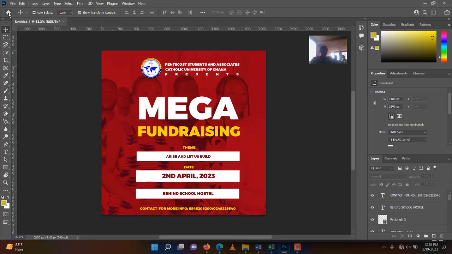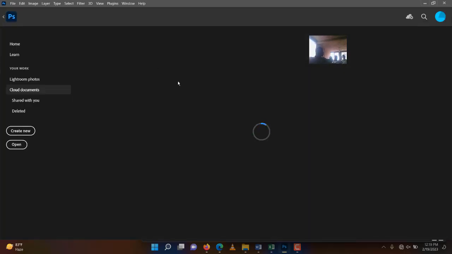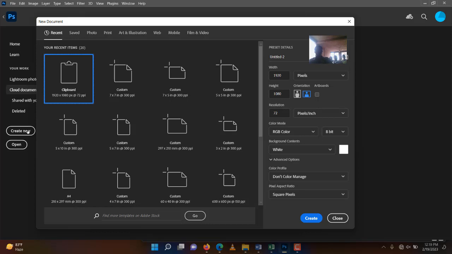All right. So as usual, if you have your Photoshop opening like that, first thing you click on what? Create new. Yes. After clicking on create new,